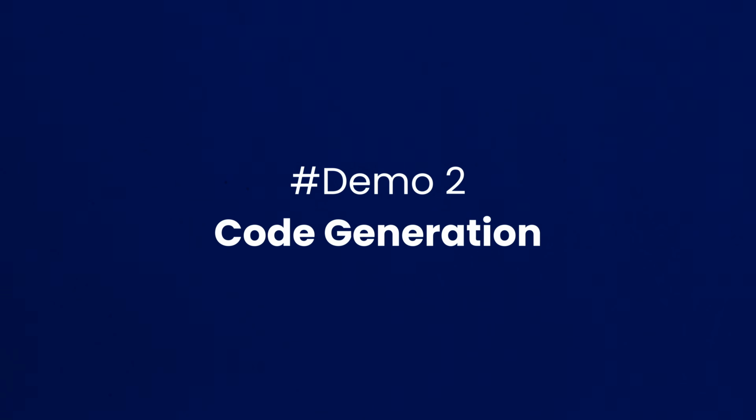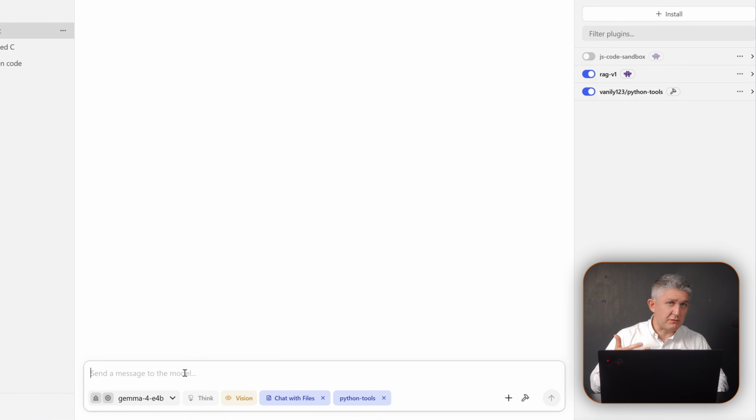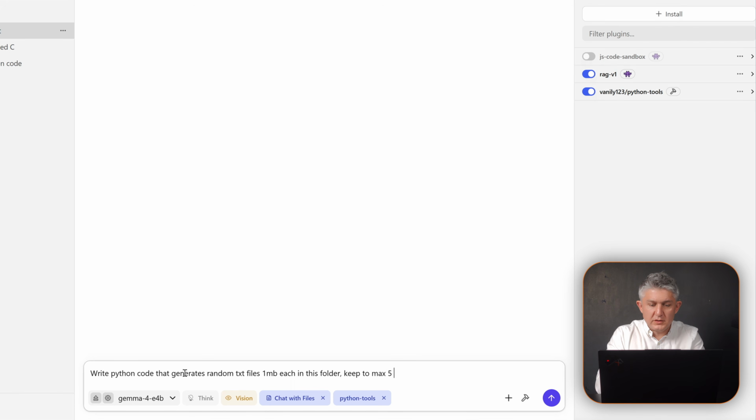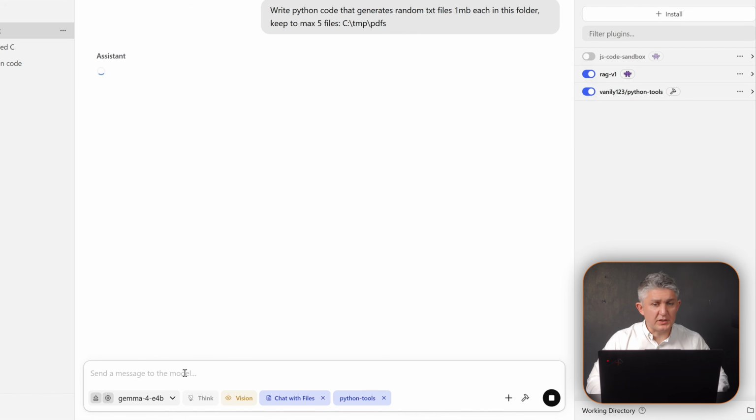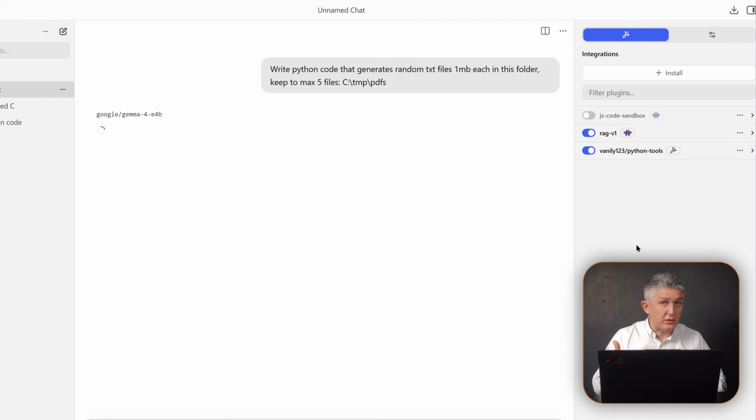Right, so the second demo. Now it reads the documents fine, but can it actually build something? This is the task people assume needs a big cloud model. Let's test that assumption. Write Python code that generates random txt files, 1 megabyte each in this folder, keep to max 5 files. What's going to happen in this example, it's going to write the Python code,